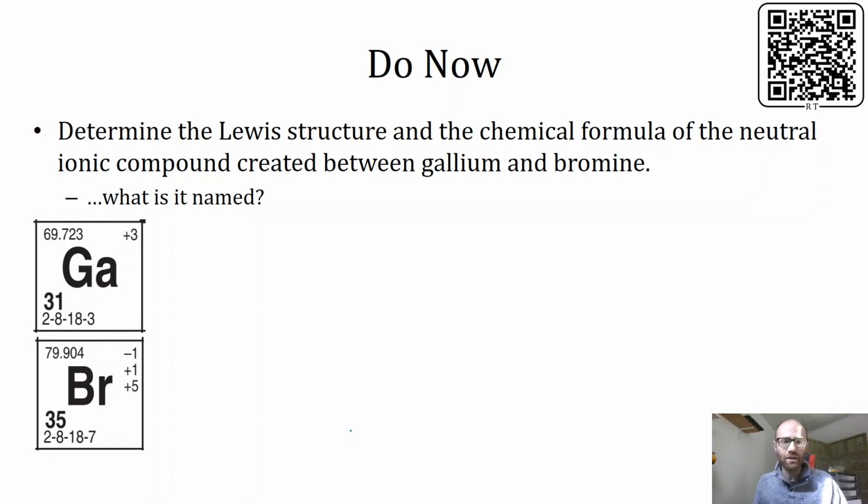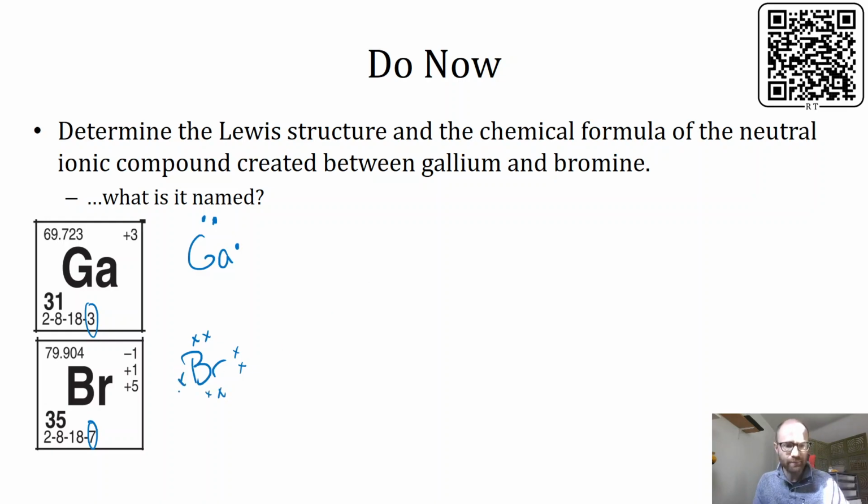I want you to determine the Lewis structure and the chemical formula of the neutral ionic compound created between gallium and bromine. If you want to do this on your own in your notebooks, go ahead. You can hit the pause button and do it yourself, but I'm going to get started. Given the valence shell configurations, I'm going to write the Lewis structures for both gallium and bromine. Gallium gets 3 electrons and bromine gets 7. I'm going to use X's to delimit them